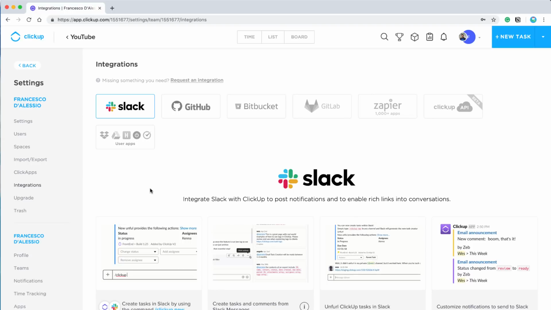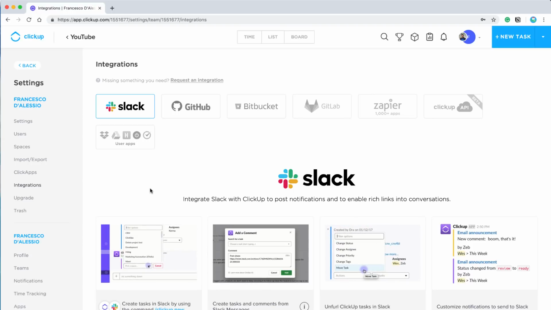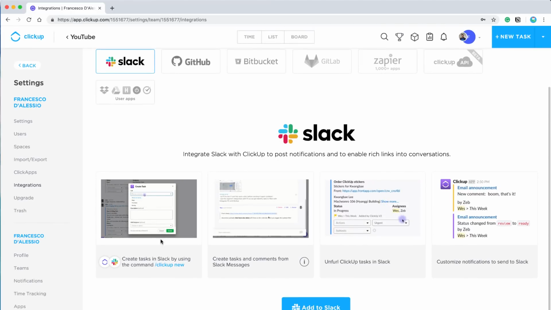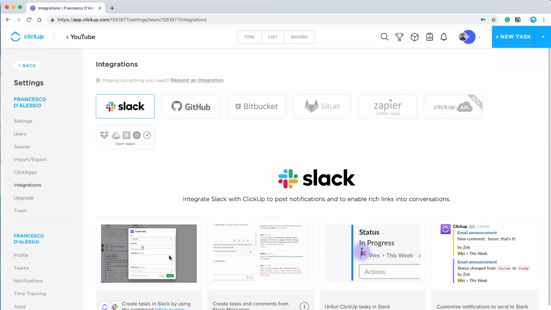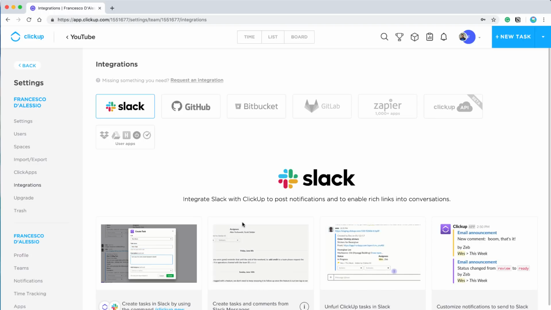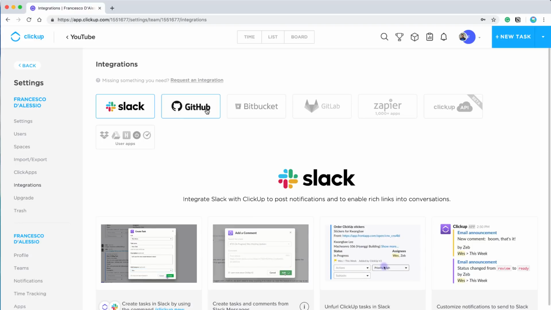Now, some of the integration side, you can connect it with Slack. So for example, if any team member has assigned something, then it can get nudged to you, and you can even create tasks inside there. There's a full description of how to set that up. So for example, it says here you can create tasks inside using the command and even keep track of tasks. So for example, you can search for certain comments and even customize your notifications there. You've also got GitHub, Bitbucket, GitLab,